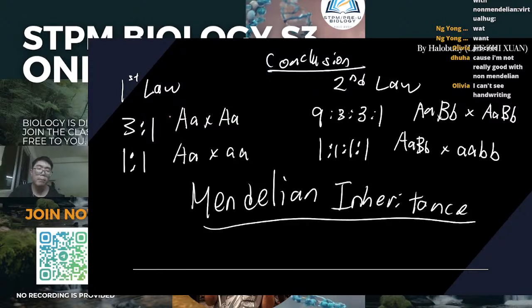But normally the theory is the same. Just that there are some modifications. So that is why we will have many types of these non-Mendelian inheritance. Okay, so this first type of non-Mendelian inheritance is